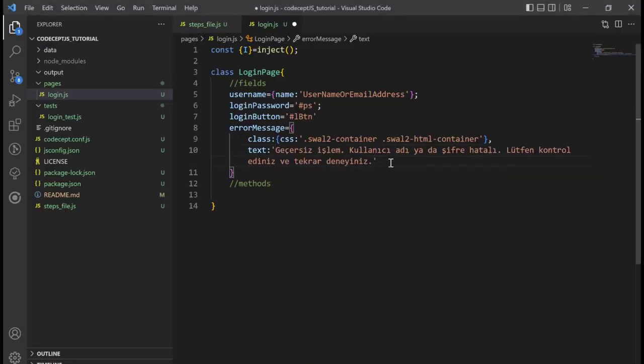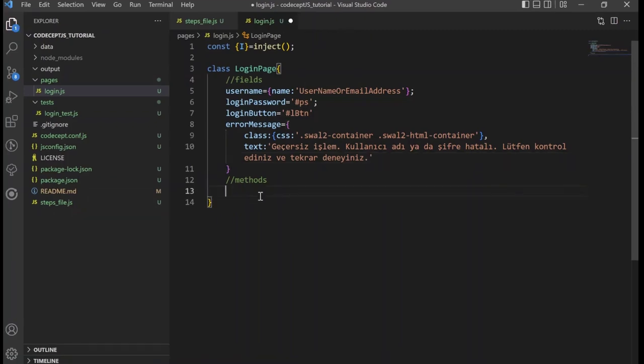So our fields are ready. Now we're gonna describe two methods. First one is filling username and password with our login data. So I'm gonna name it fill login fields. It will take a user parameter.